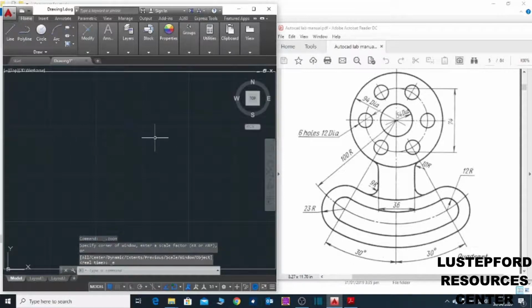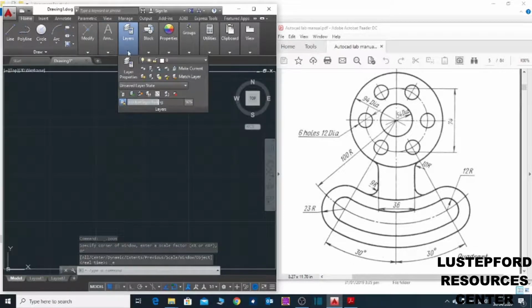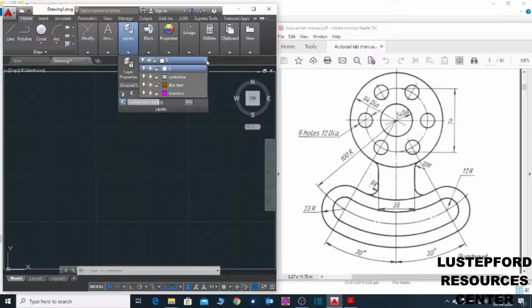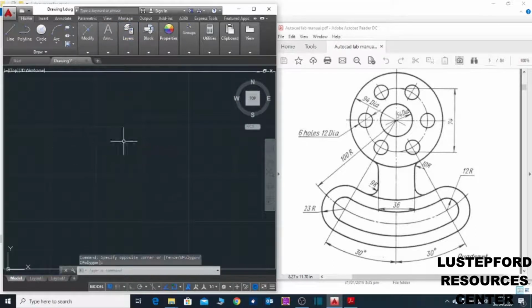So I'll now begin with drawing. But first, before I begin drawing, let me go to layer, change the current layer to main. Okay, and now what I'll do next is to draw a line, the vertical line. The auto is not on. I come here, on, it is on now. So create the line.